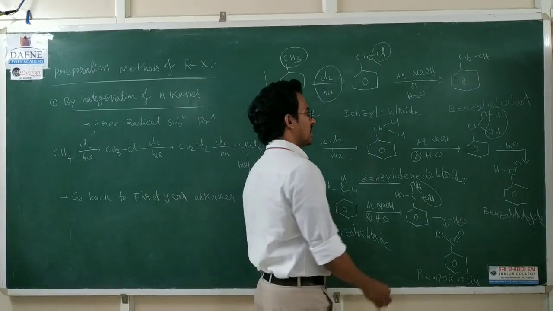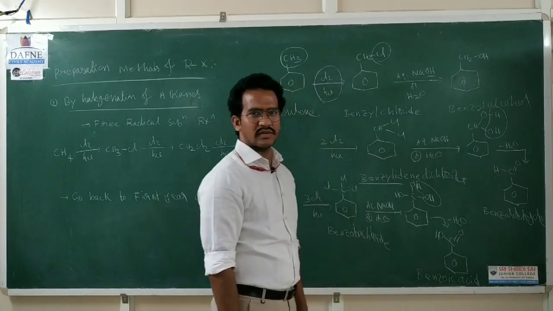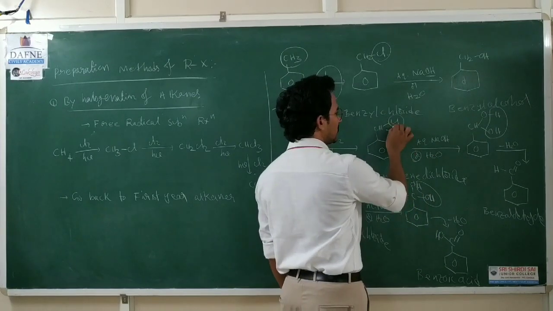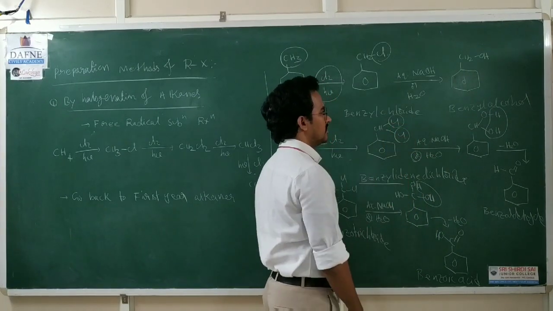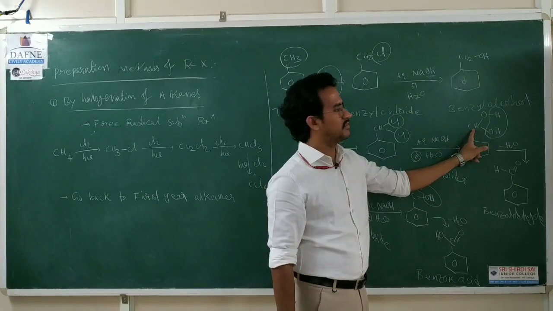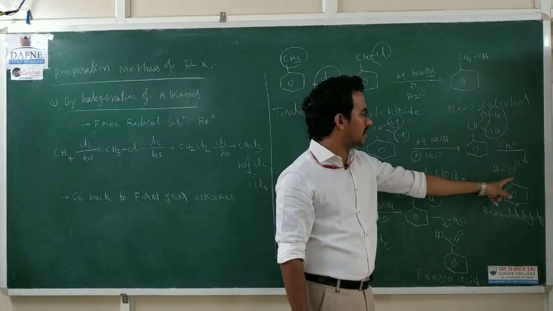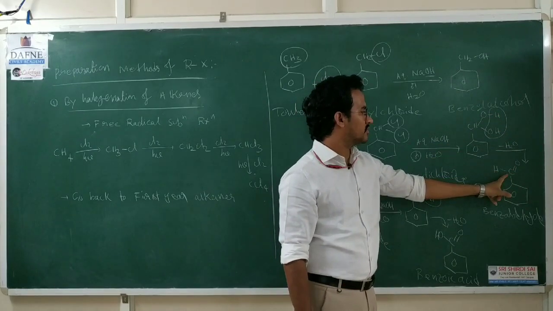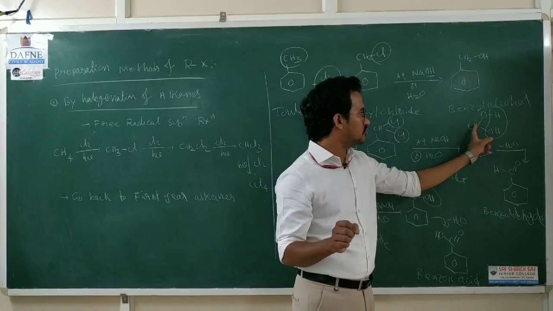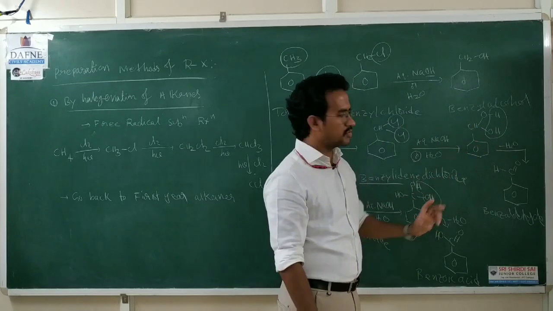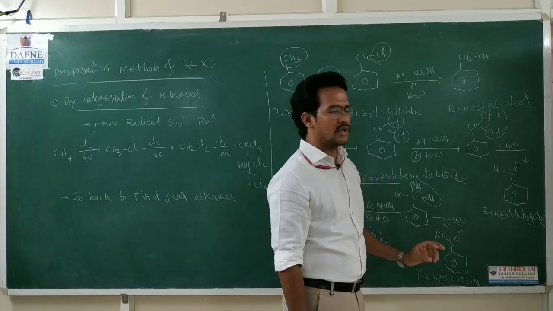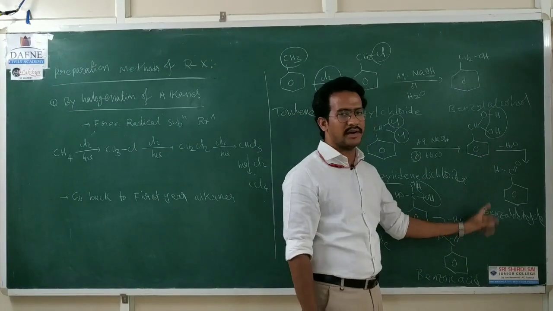Now this one on further reaction, that means aqueous NaOH on heating, Cl is replaced by OH, Cl is replaced by OH. But you know that two OH groups on one carbon are unstable. So by loss of a water molecule we will get the C=O double bond. That means the C=O double bond has a higher enthalpy of formation than two carbon-oxygen single bonds. So based on thermodynamic stability, this product is formed by elimination of a water molecule. So finally we get benzaldehyde.